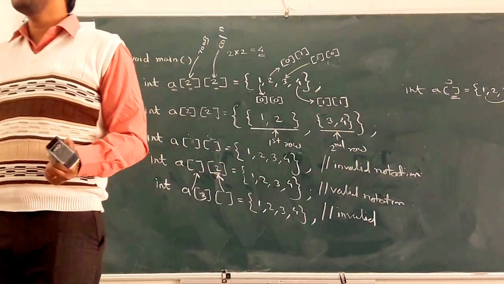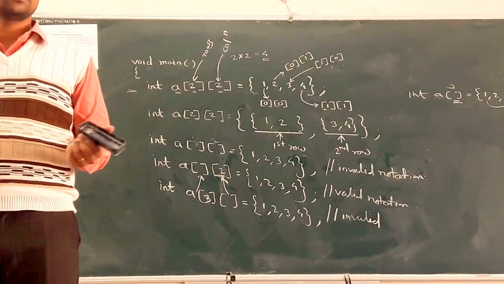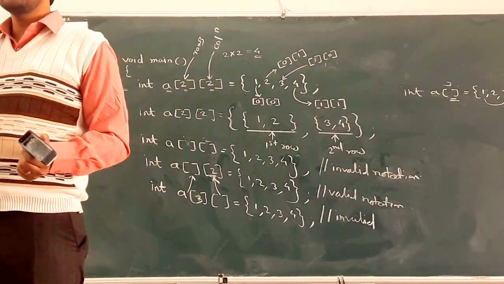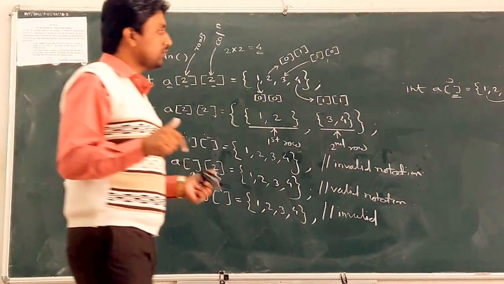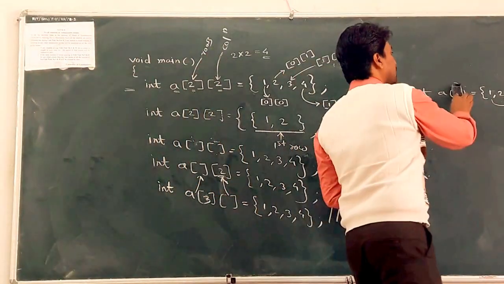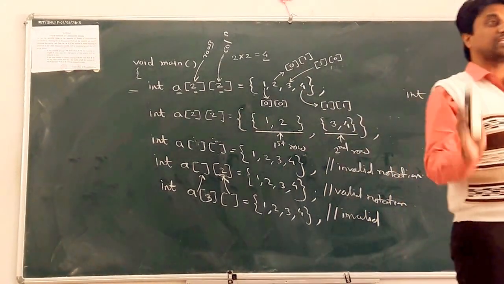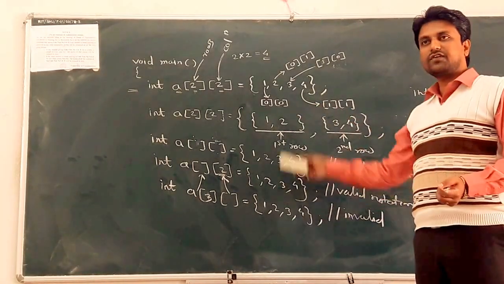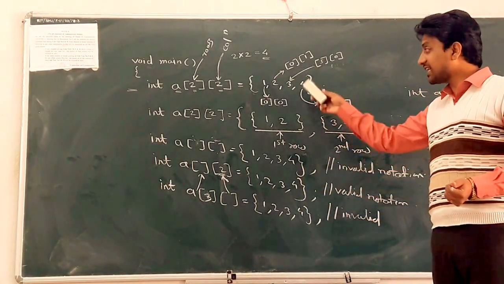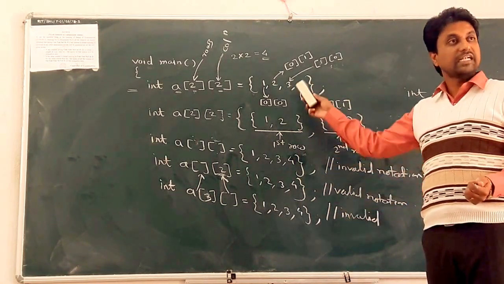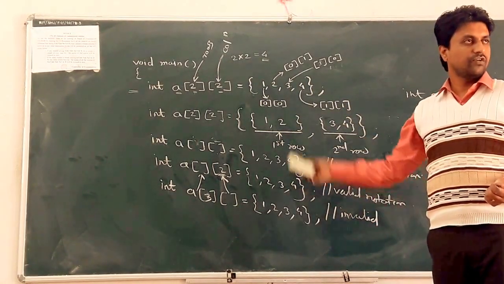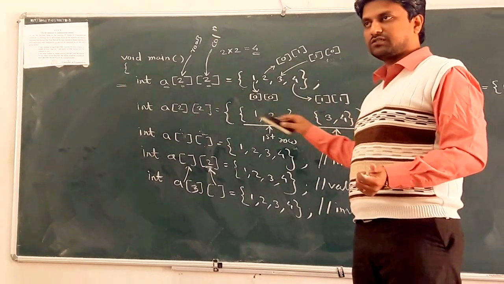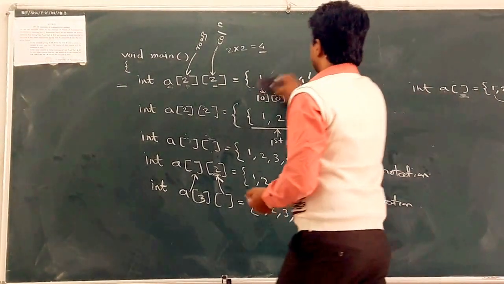Clear? But in a one-dimensional array, if you don't specify any size and only declare the array, it gives you a syntactical error. But when you initialize the one-dimensional array without any size, then it is valid in C language. Clear? Okay? Got the difference between initialization at the time of compilation, static initialization. We can initialize the array statically. Clear? Any doubts?